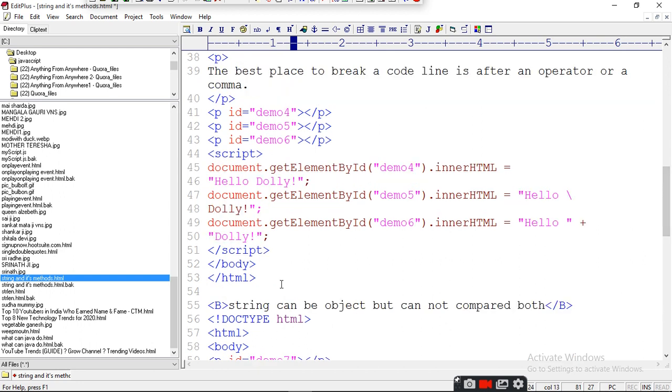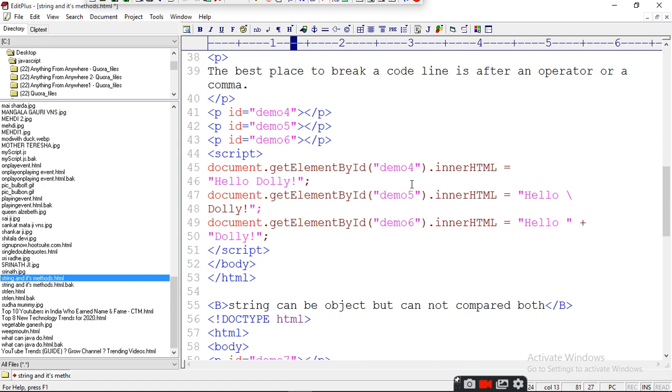I have written document.getElementById demo4 innerHTML hello dolly. Here I have given a space. Now if you want to break the line, then you have to give the escape sequence within the string, or you can use a plus sign for several strings.